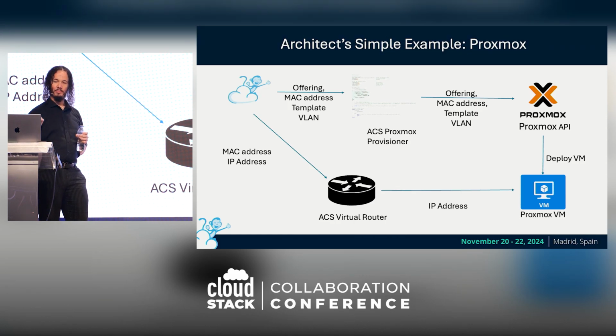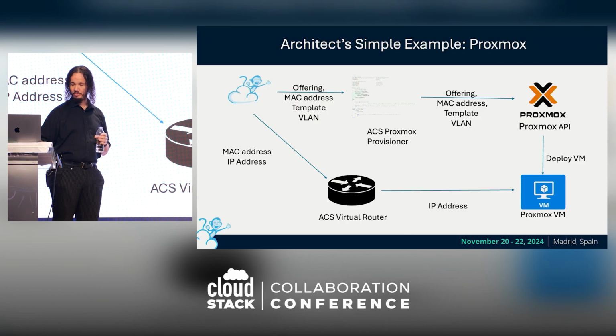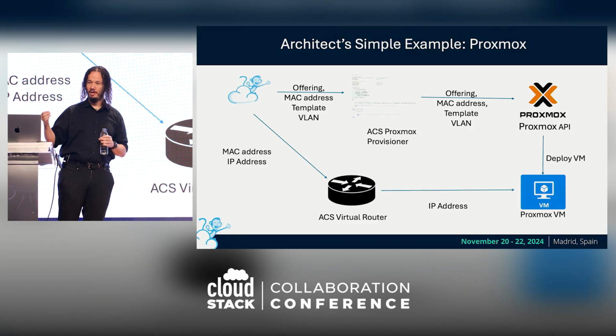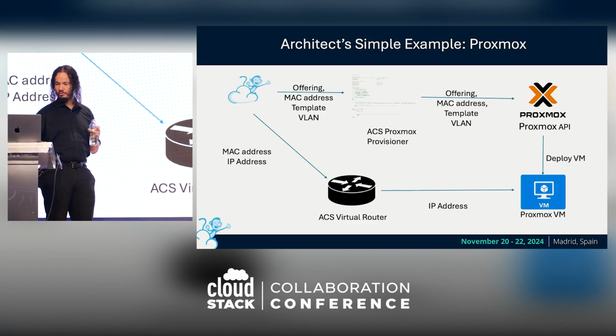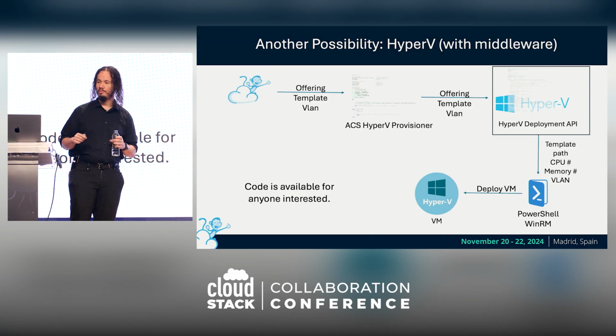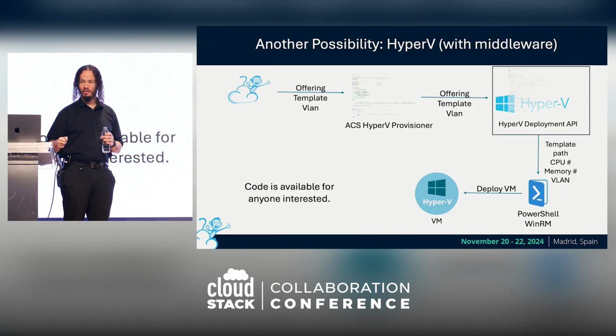And here, the bash script talks directly to the Proxmox API. I did not need that intermediary API, but in many cases you do need it. And this was something else that I tried as well. The CloudStack provisioner script,